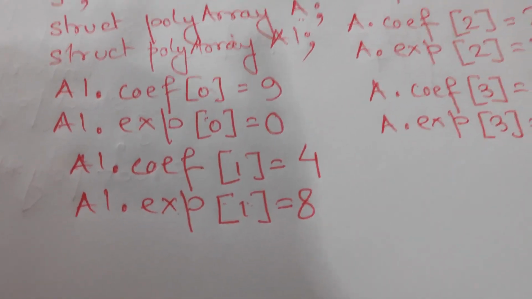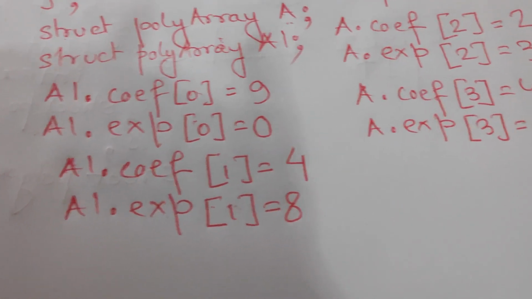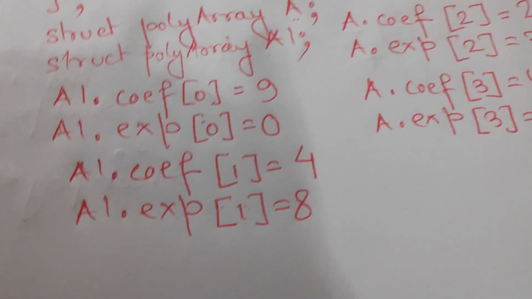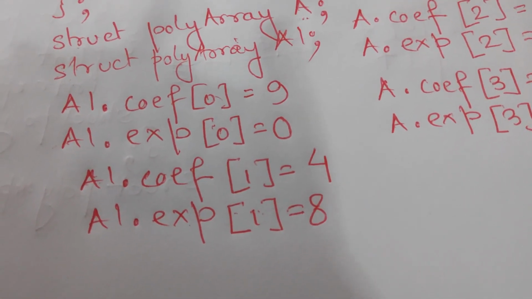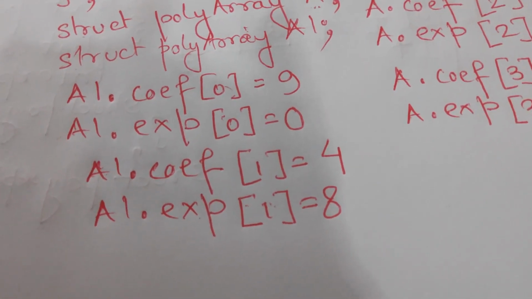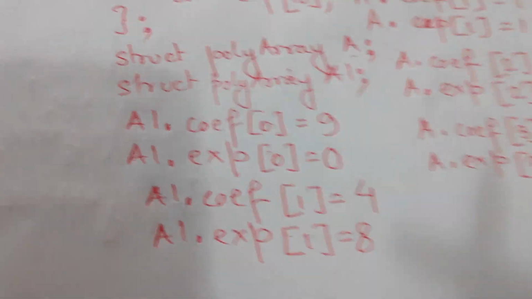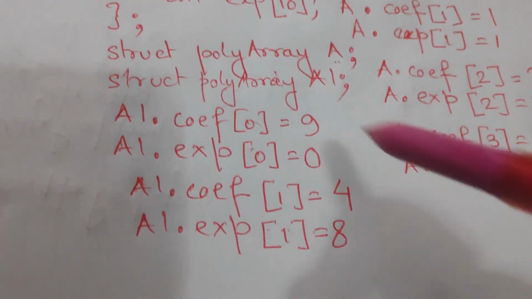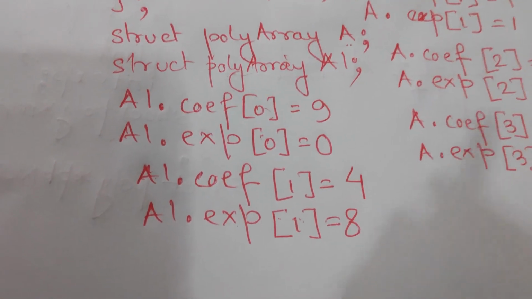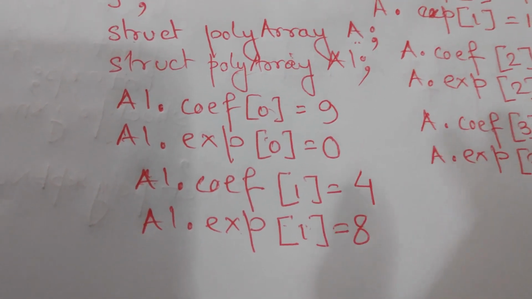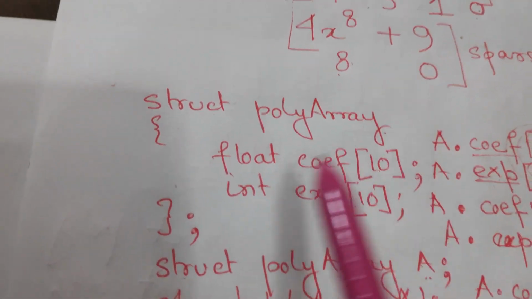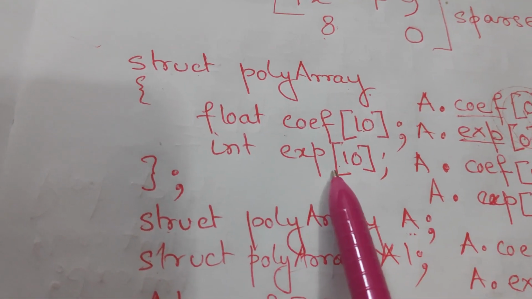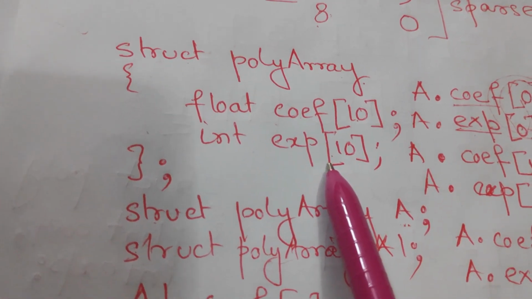So this is 2 values. So obviously it is a condition of underflow. We have stored more memory than we are using. So therefore you can understand from this particular exercise that it is not a wise decision to represent a sparse polynomial using this particular representation of the array.